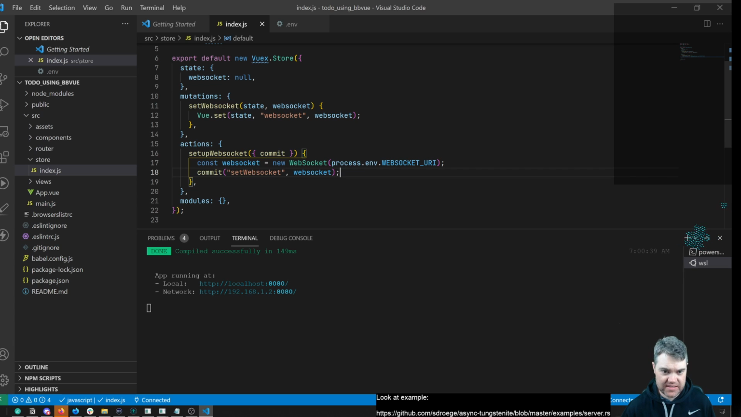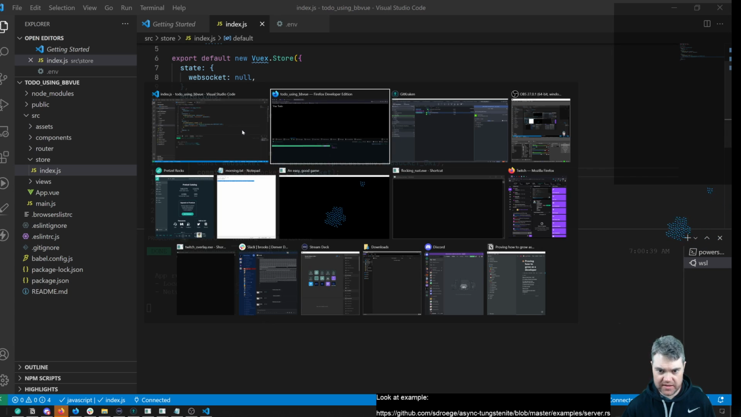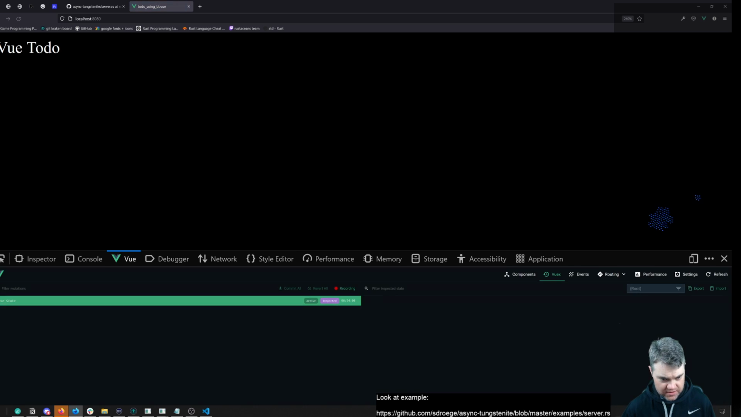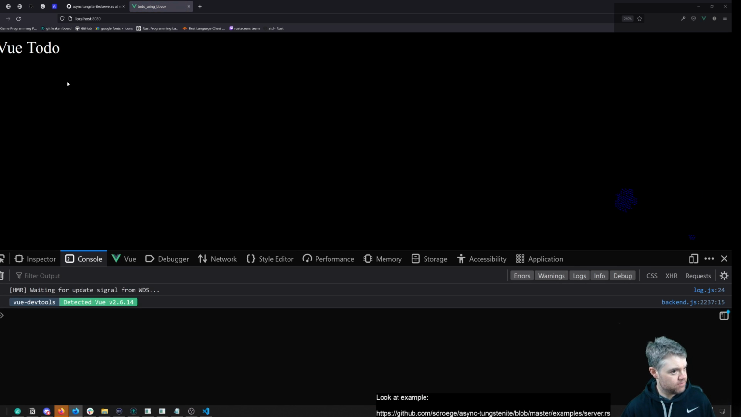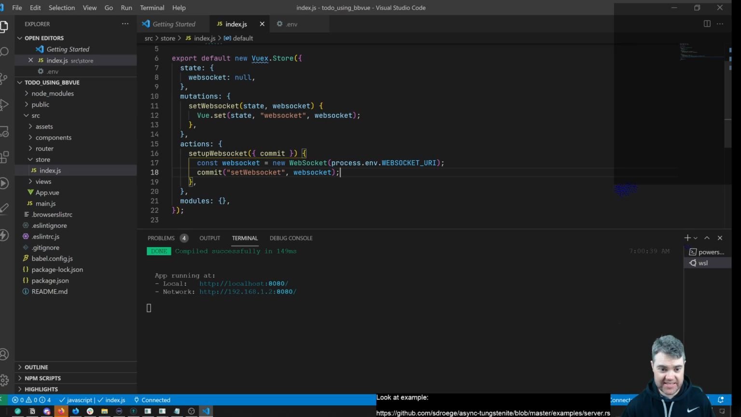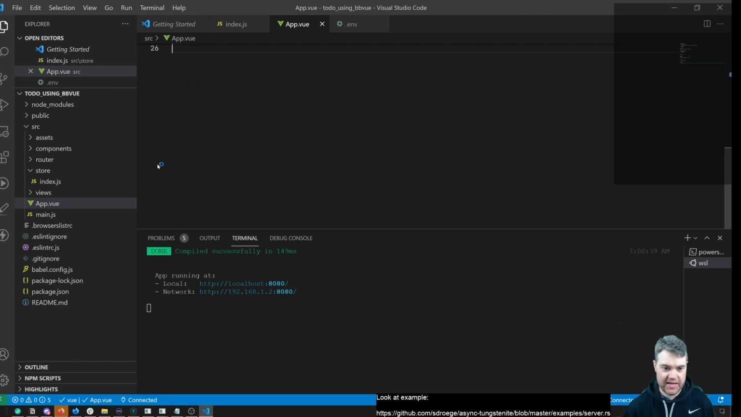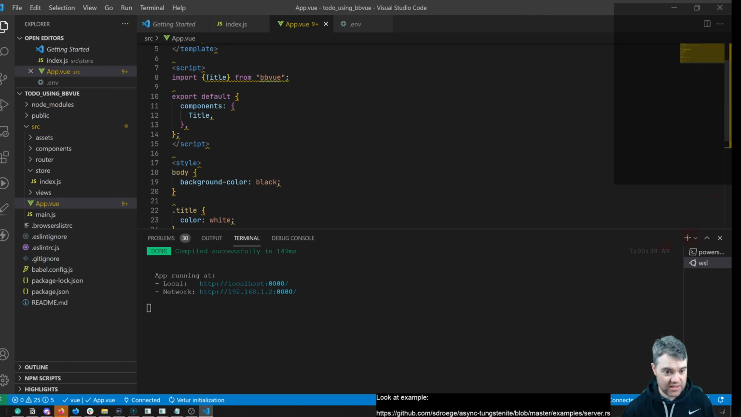Okay, so then this gets stored up there. If I run this, we should get some errors. Oh no, we shouldn't yet, because this isn't being run. We have to dispatch this, and we're going to do that from the main app. So when this loads,